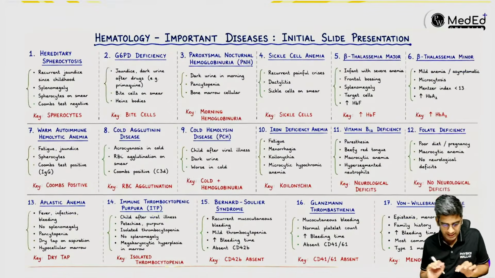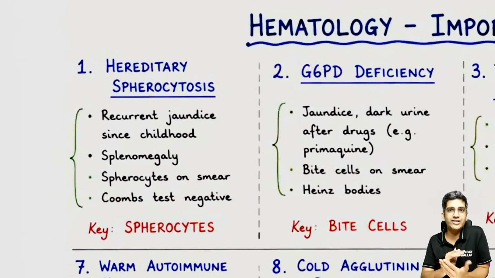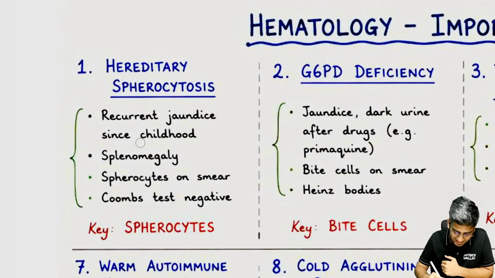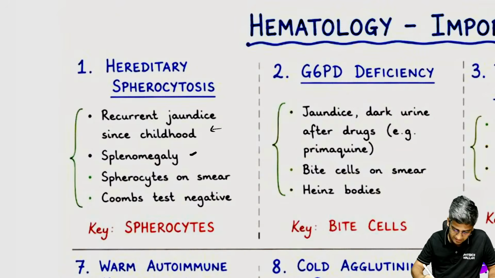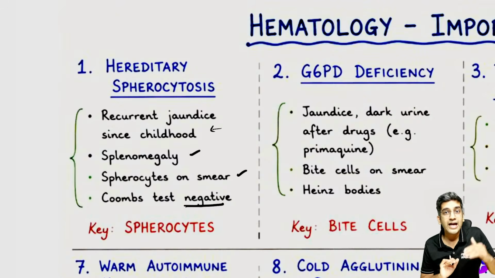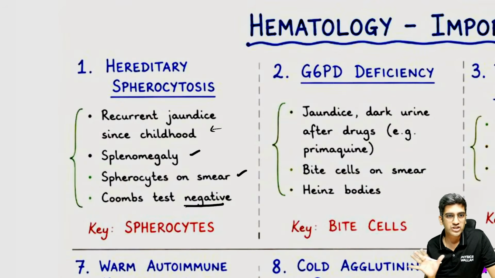Fine. Okay. So let's start, first we'll go quickly and read through all the keywords. Then we'll go to individual diseases, right? So if you have a patient with hereditary spherocytosis, first of all, it's an autosomal dominant disorder. So it will definitely present during later adult life, but there may be recurrent episodes from childhood, right? Not severe enough. Splenomegaly, spherocytes, and they should be Coombs negative. This is a very, very important finding here. Presenting during adulthood, recurrent episodes of icterus, and having splenomegaly in an adult and gallstones, gallbladder calculi is a very, very classical feature for hereditary spherocytosis, right?